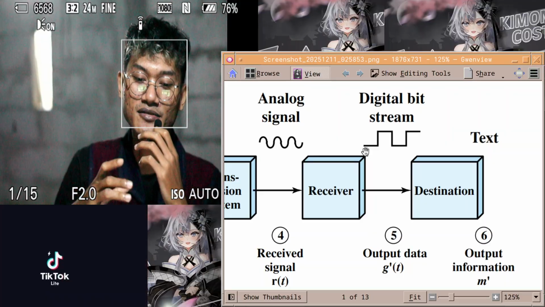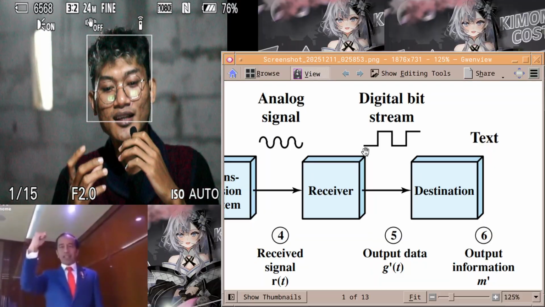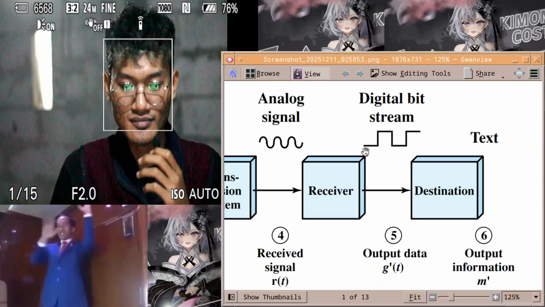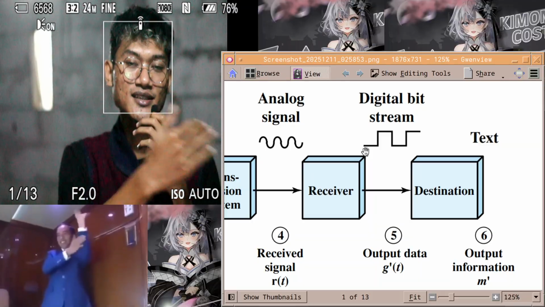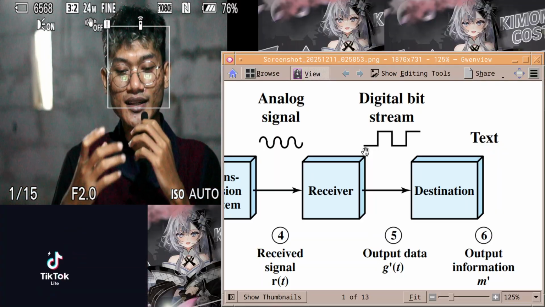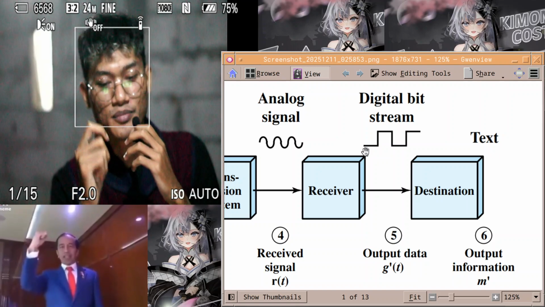That receiver device will transform those analog signals into the digital bit stream, and the digital bit stream will get into the destination of the receiver's device, and it will be called output